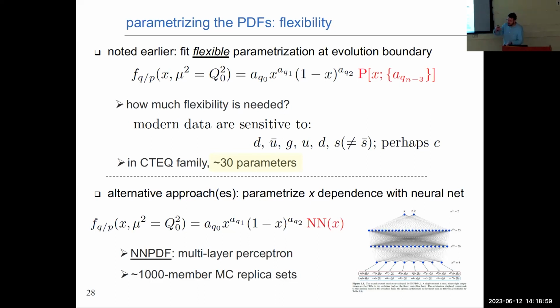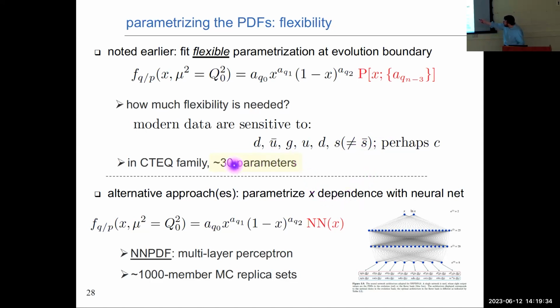So there's this interplay between over and under fitting that's very tricky. In fact, this is an empirical question, how much flexibility is needed in a fit of this type. In recent years, and it's an open question, of course, how sensitive the data are. Inside the fits that I've shown you so far, S and S bar are actually exactly the same, because we don't have confidence that we have enough data to really distinguish the strange and anti-strange distributions. Maybe we do. It's an active question.